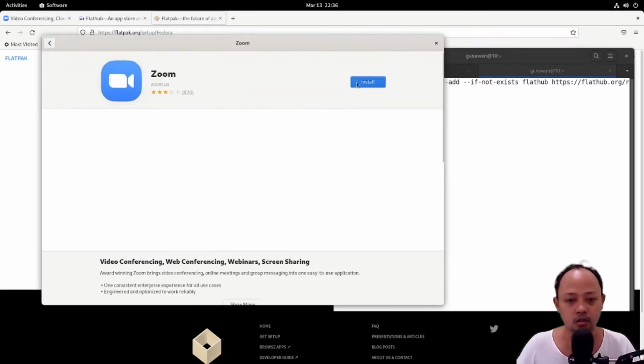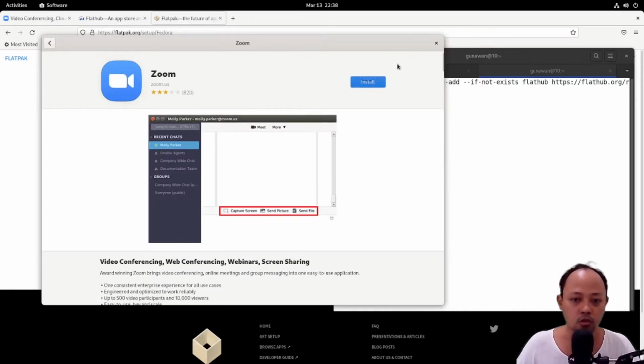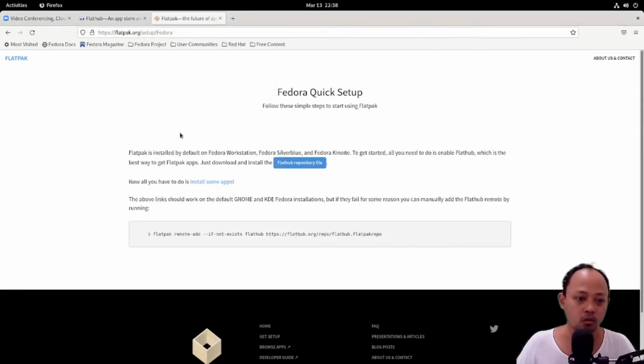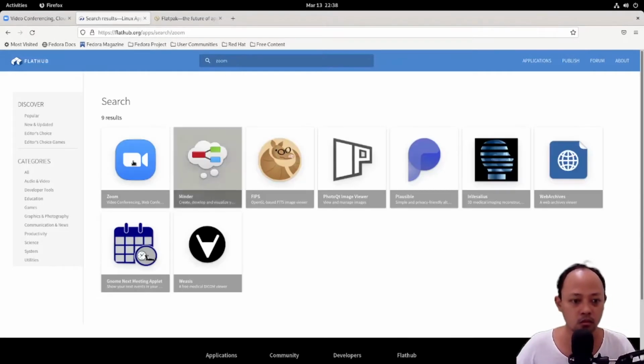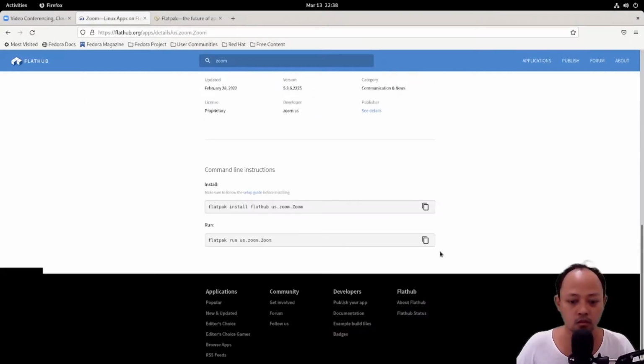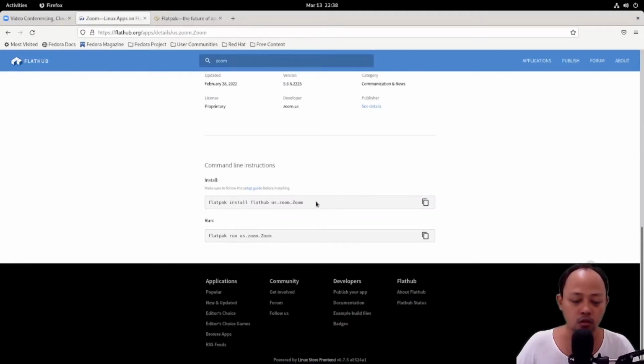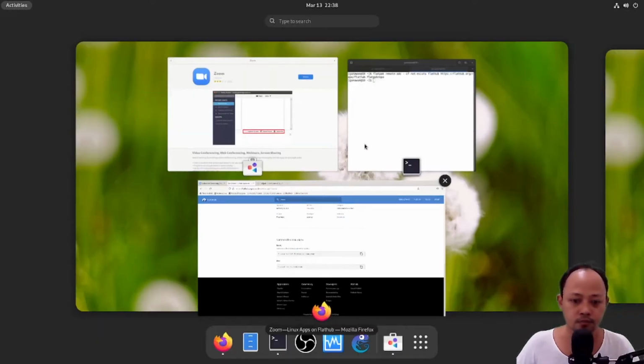You can just click install to install Zoom, or if you are not using GNOME, you can execute from here. You can execute this command by using the terminal.